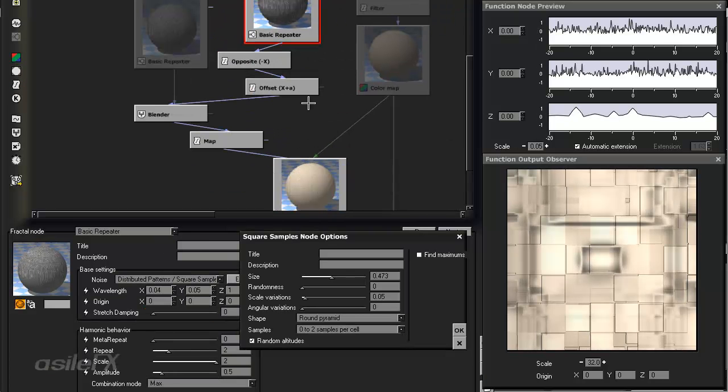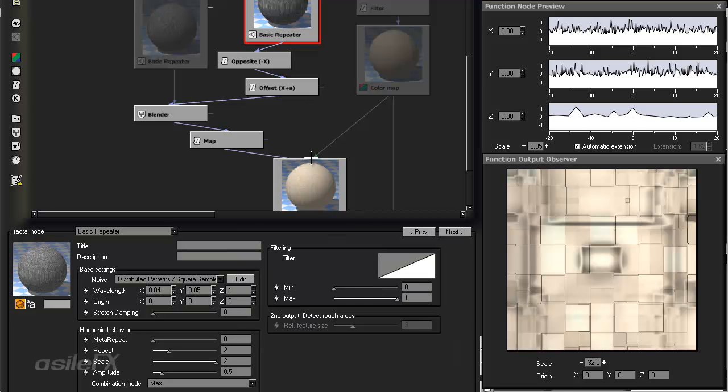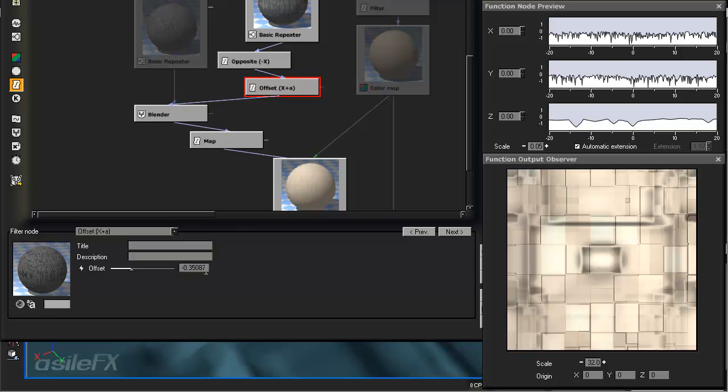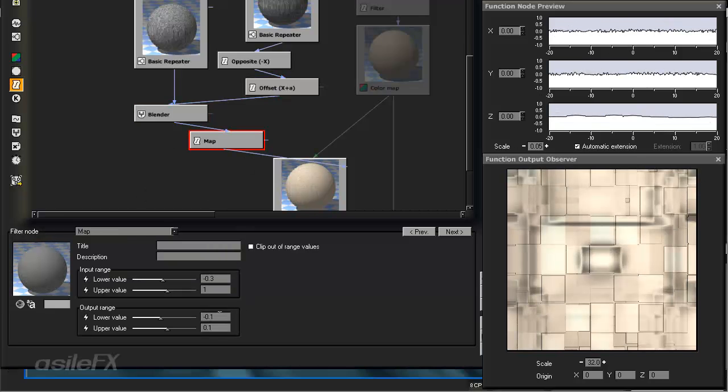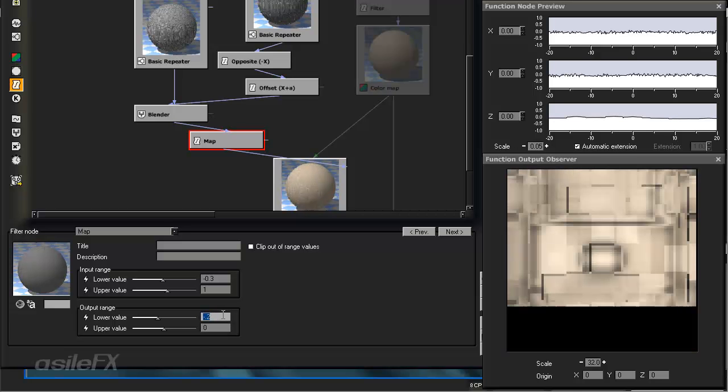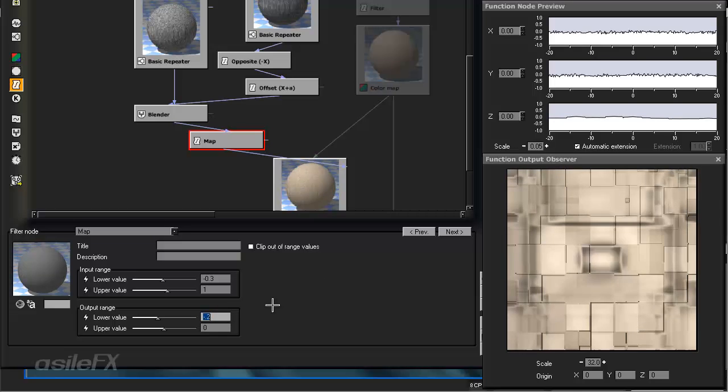So what I've done is gone to the noise, set the shape to round pyramid, random altitudes turned on. I've got the offset to round negative 0.35, and just round it off. The blender subtract at 0.25. In the map, we'll need to set the max value, or the upper value, to 0, and that negative I'm going to set to negative 0.2. Maybe we can use negative 0.3. That might be a little too high. So let's do negative